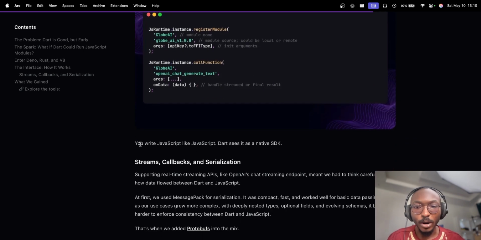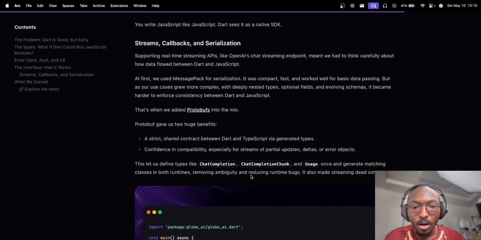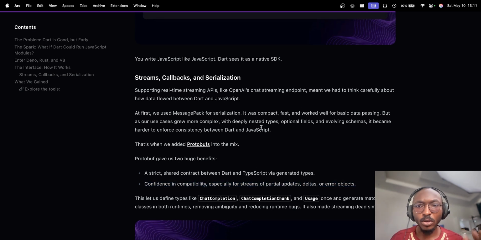So like I said, you write JavaScript, like JavaScript that sees it as a native SDK. Okay, so then the next thing we need to talk about is, with this runtime, the one important thing we need to think about is how data is flowing from one place to the other. How is the data going to flow from that to JavaScript, and how is it going to flow back from JavaScript to that? And the easiest thing we could think about was this form of data packing called MessagePack. It allows you to serialize and deserialize data